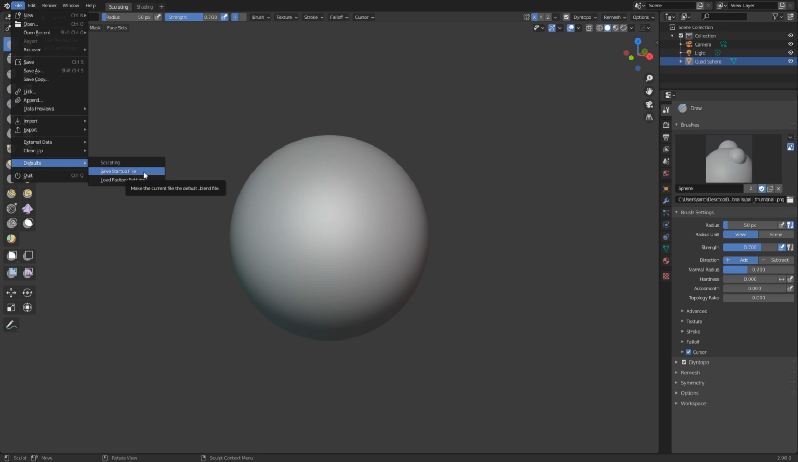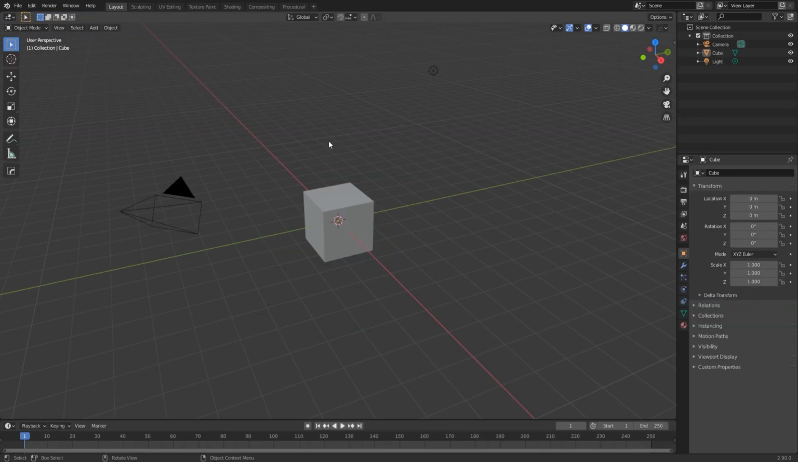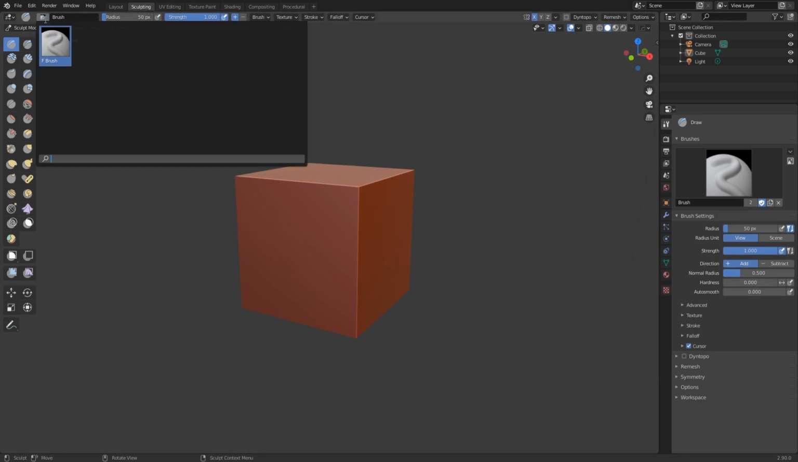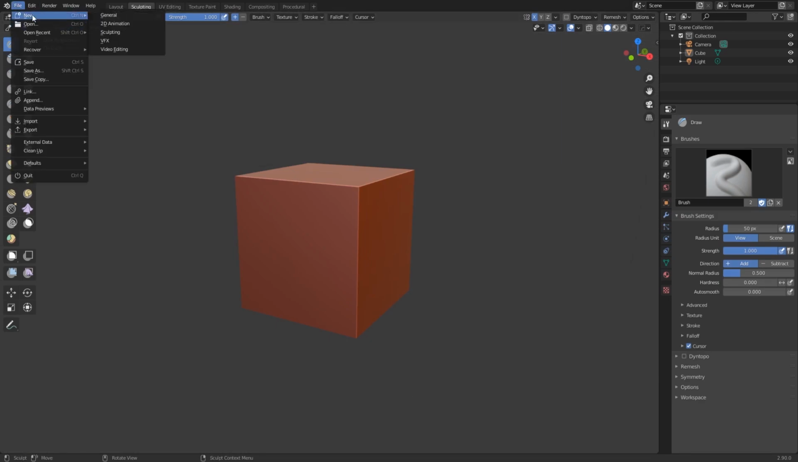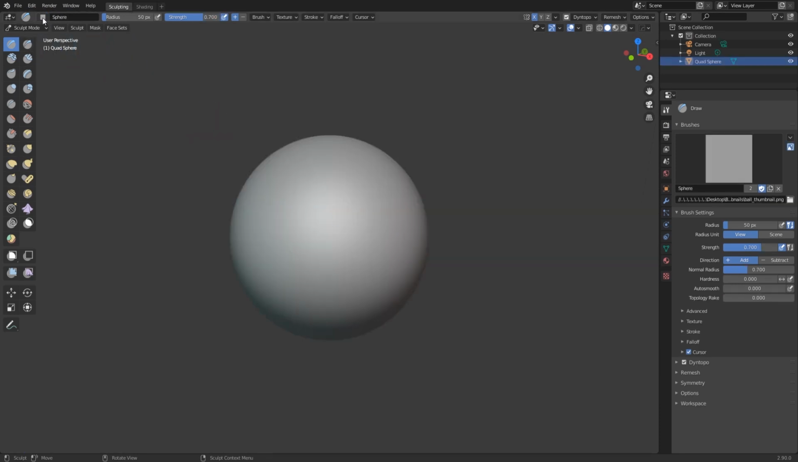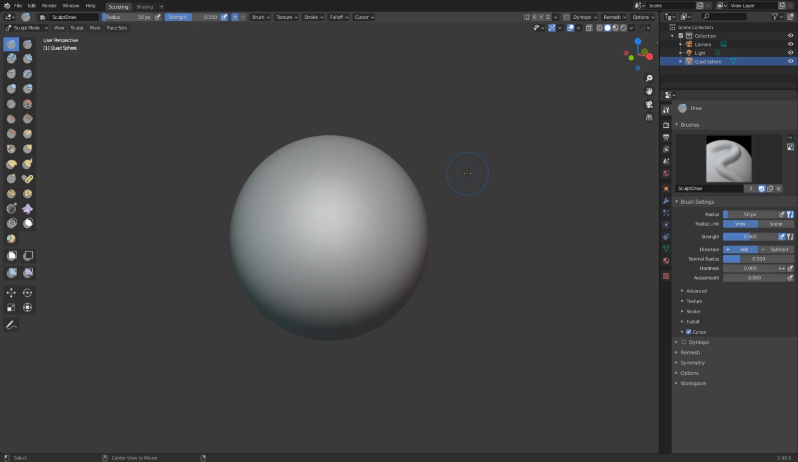I will show you. Save Startup File, yes. If I go to New, General, I will have this. I go to Sculpting, nothing there. But if I go to New Sculpting and I press there, I will have the shape. Okay, so now let's see